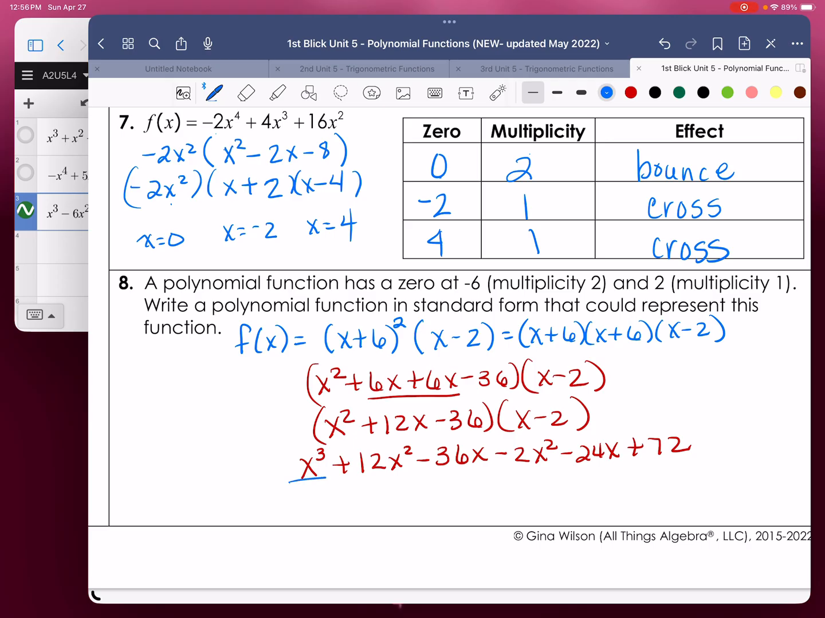All right, nothing will combine with x to the third. All right, 12x squared will combine with negative 2x squared to get positive 10x squared. Then the 36x and the negative 24x